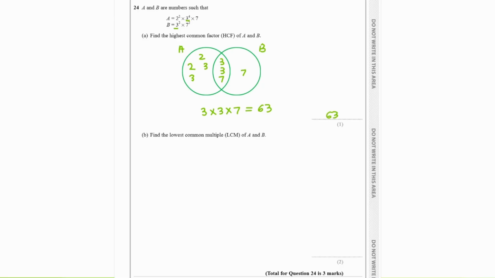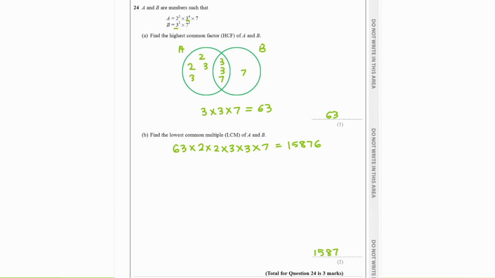Part B, find the lowest common multiple, LCM, of A and B. So to find the lowest common multiple, we would have to multiply all the numbers in this Venn diagram. We already know that the numbers in the middle make 63, and we can now just multiply by all the numbers which are in A, which is 2, 2, 3, and 3, and the number which is in just B, which is 7. And if we work that out, that gives an answer of